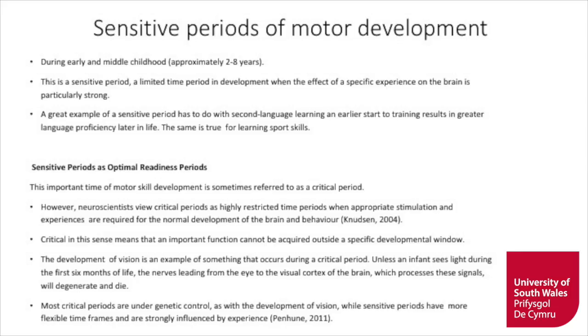So you may know people who grew up speaking a second language in their home as a child, and this language development was much easier for them than trying to acquire that second language maybe when they get to high school or college level. This really demonstrates this kind of key period, sponge period, where children are developing that learning or that mental capacity. And this example is true of learning in sports skills. So that period of 2 to 8 is really key in terms of a crucial point for developing those key motor